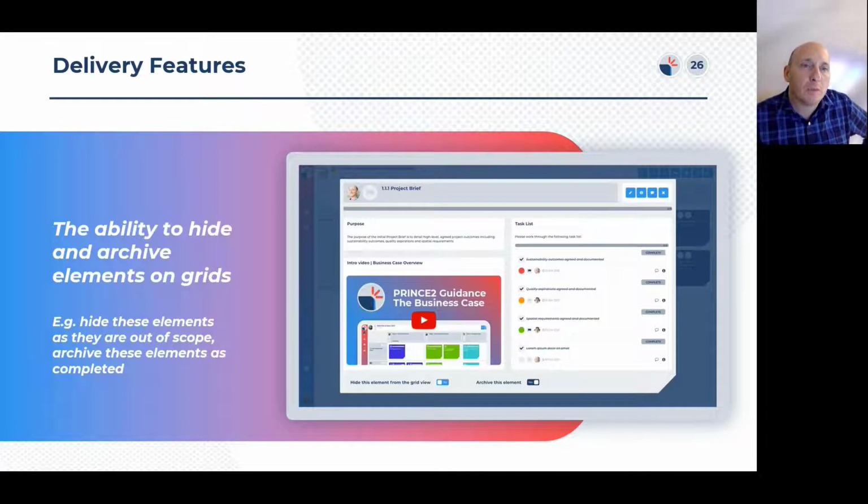So this is the one I mentioned at the beginning, the ability to hide and archive elements on a grid. A lot of our enterprise level and even small and medium customers will have very large grids with something like 400 elements in them. And when they clone them into a project instance, quite often you don't need all 400 of those elements for that project. You clone the grid and then you tweak the content of it to the specifics of that project